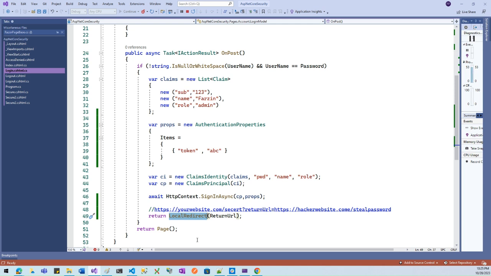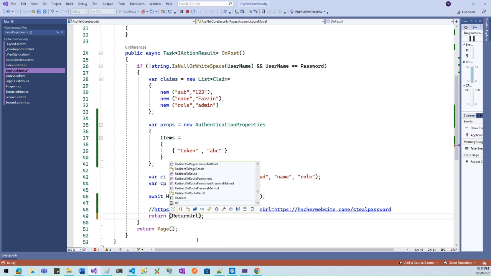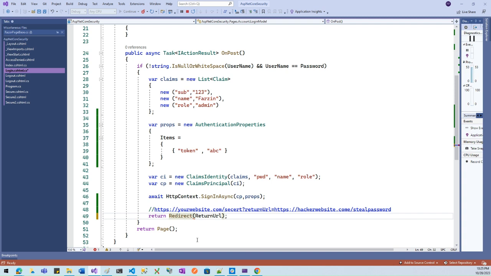We are going to redirect user to whatever page that started this redirect to login page. If you remember, I told you we could use a redirect action, a redirect method to redirect to that page, but it is not safe. What is the reason? The reason is that whenever you have any return URL and you want to return back